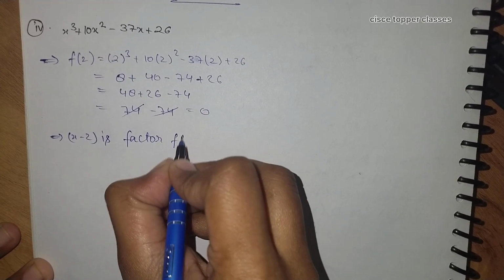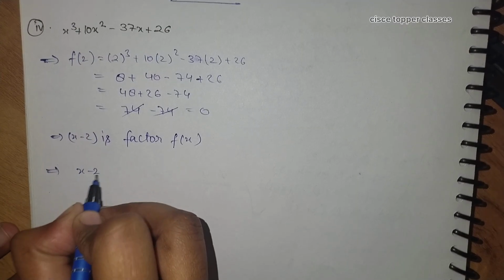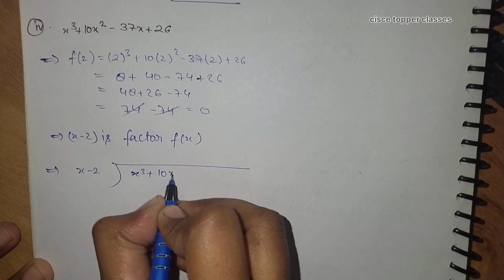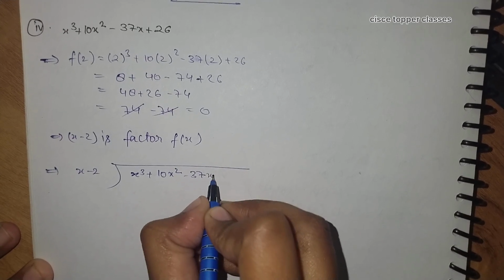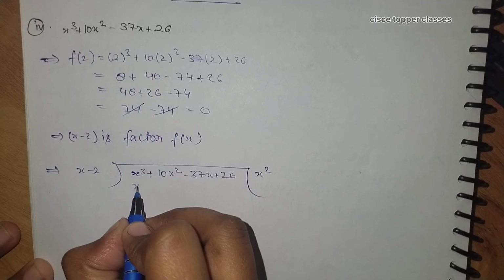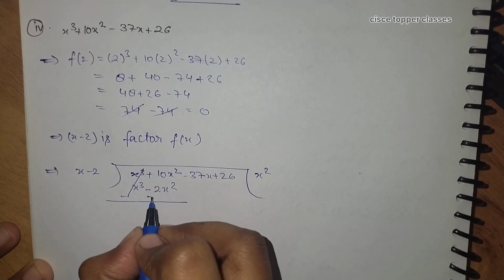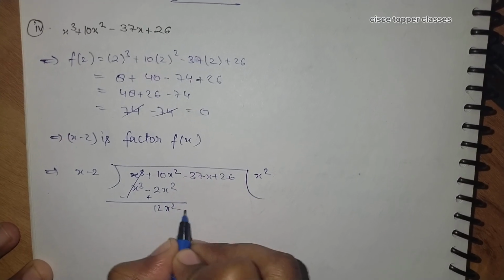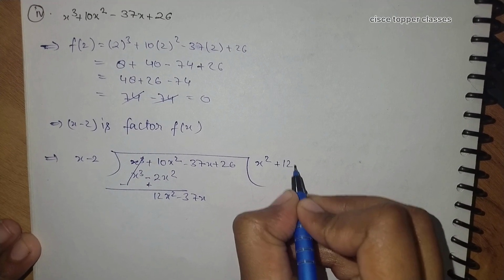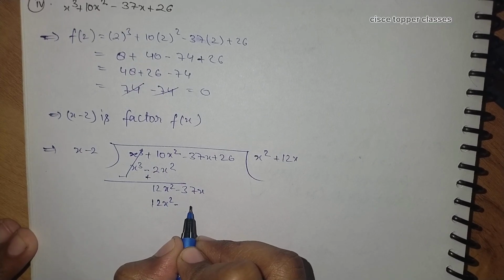So we will factorize f(x) completely with this factor, as it is said in the question. On factorizing, x cubed plus 10x squared minus 37x plus 26. Multiplying with x squared, it will become x cubed minus 2x squared. This will cancel out. On adding, that will become 12x squared minus 37x, and multiplying x minus 2 with 12x, it will become 12x squared minus